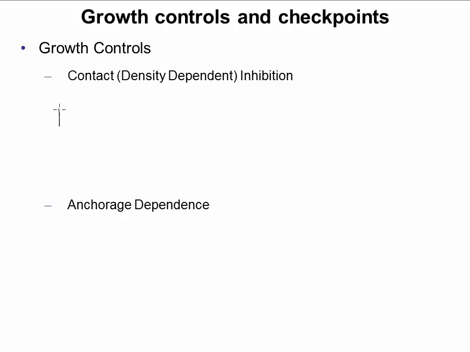So you might have a layer of cells in which you have multiple cells all connected to one another and connected to the rest of the body. So let's say that this is a layer of cells, right? And these cells are connected to one another through proteins in their membranes that form cell-cell junctions. We've talked about these before, so these could be tight junctions, these could be desmosomes, these could be gap junctions.